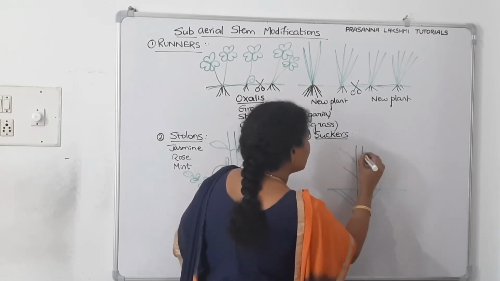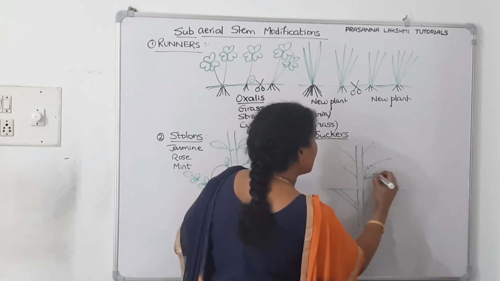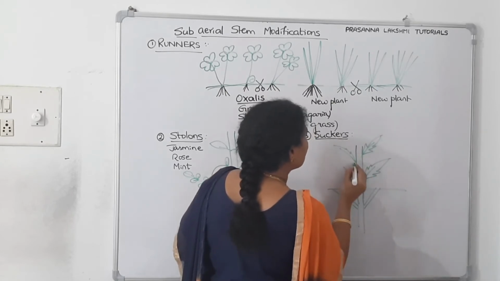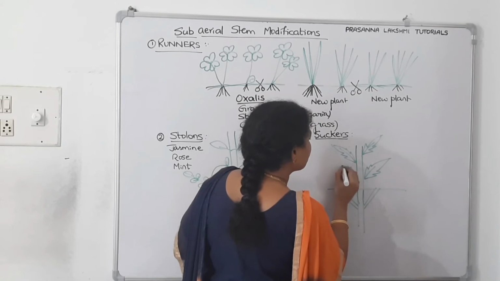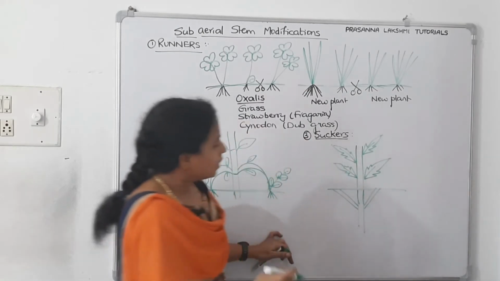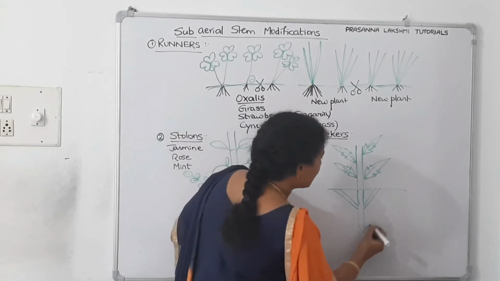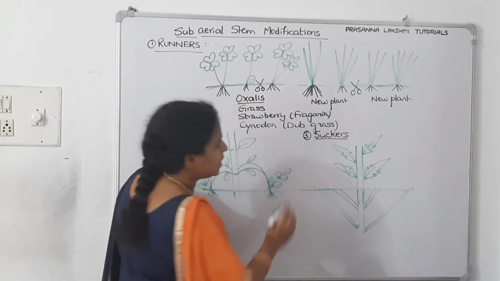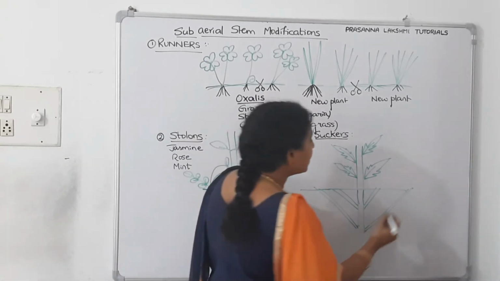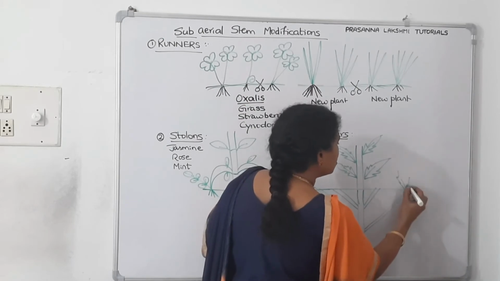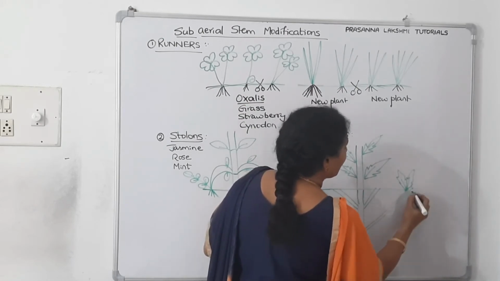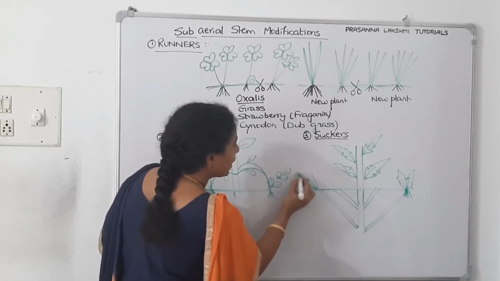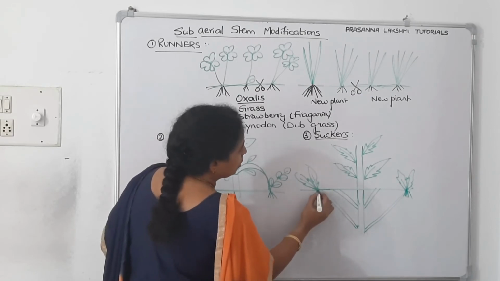Children, this is an aerial stem and these are the aerial leaves of chrysanthemum. If you plant one chrysanthemum into the ground, so many chrysanthemums will come because it has a tendency, the underground stem grows obliquely, and from here another underground stem, and from here another underground stem grows obliquely, it comes and touches the soil. Wherever it is touching the soil, it makes a new plant and it makes new roots.